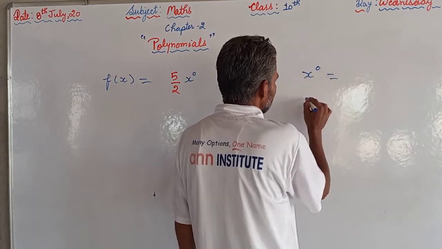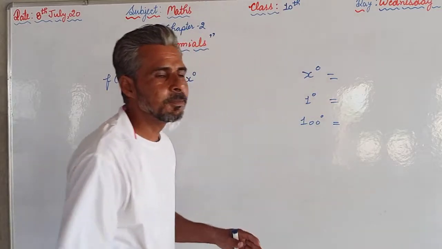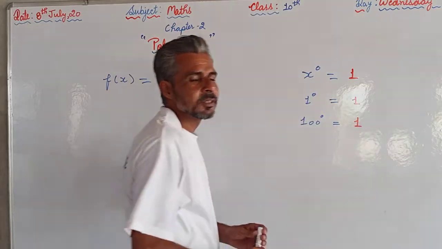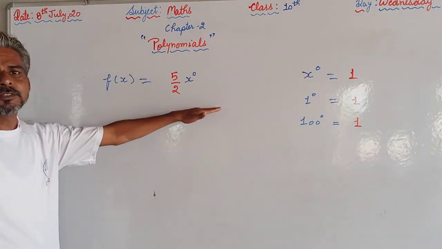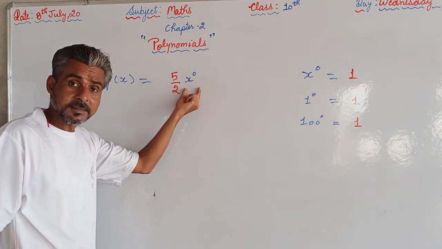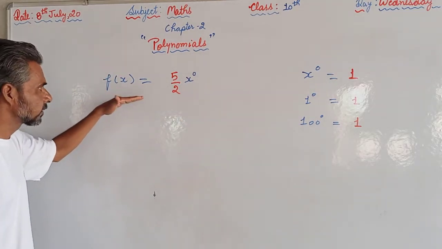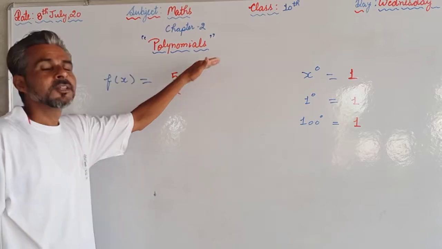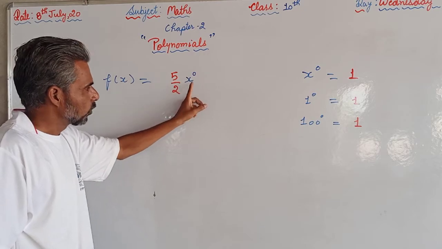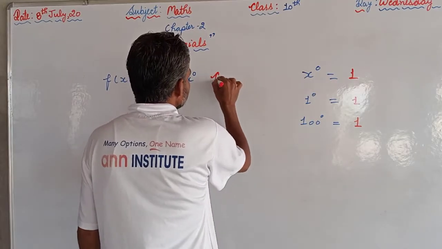x की power 0 या 1 की power 0 और 100 की power 0, किसी की भी पावर अगर 0 हो जाती है, means the value will be 1 in each case. So if the variable is not there, only the constant term is there, constant means the numbers, then we can show it like that as well. Same variable, इसका हमें function given है f of x, तो हमने यहाँ पे x लगा दिया, x की डिग्री हमने 0 कर दी, मीन्स यहाँ पे इसकी वैल्यू होगी 1 into 5 upon 2, 5 upon 2. So this is known as a constant polynomial.